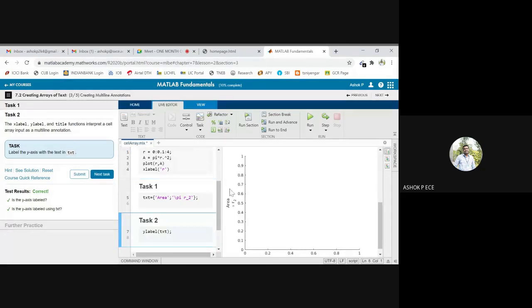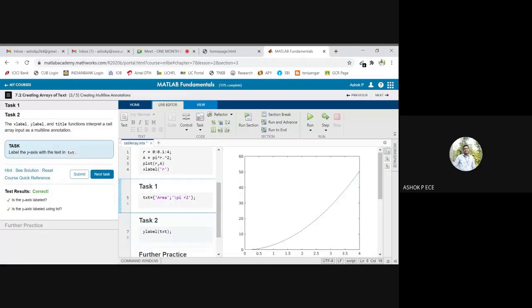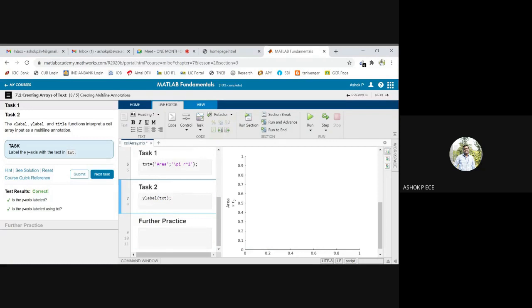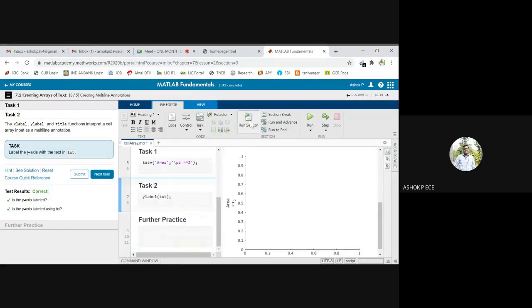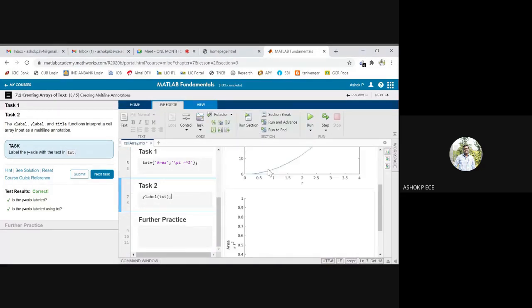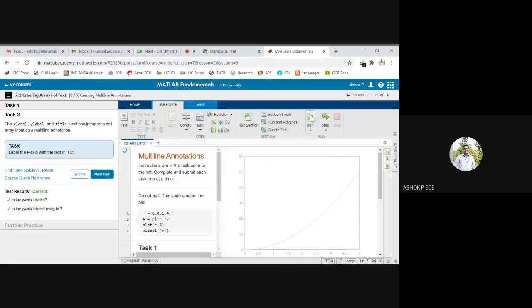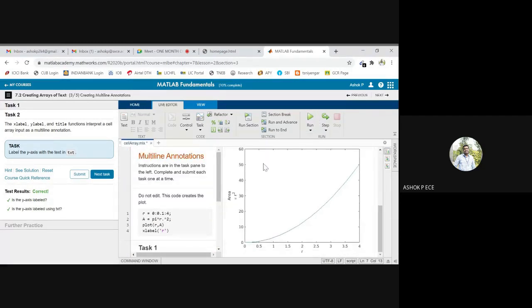Able to see the difference? R suffix 2, and previously I used r upper arrow mark 2. So it is r square. Now we are getting it back. Okay, you are getting it back. Okay, by r square. So this task is also